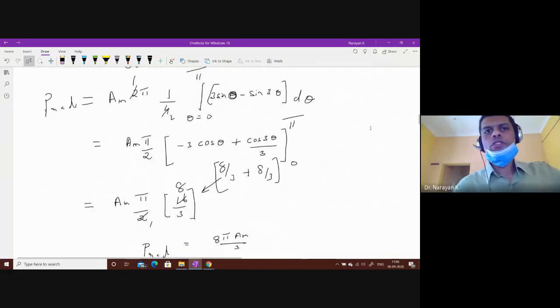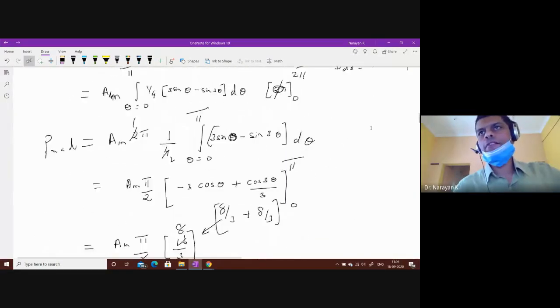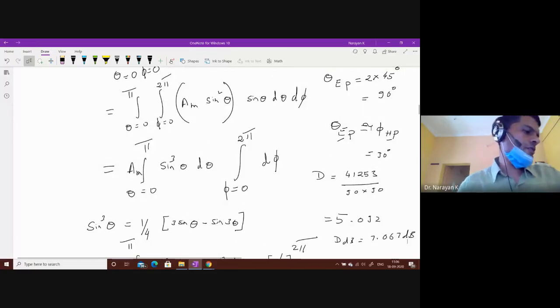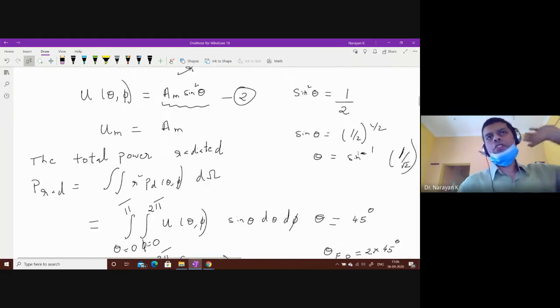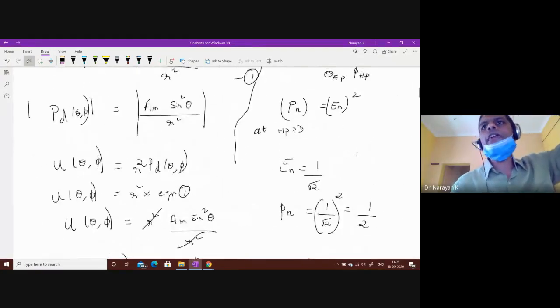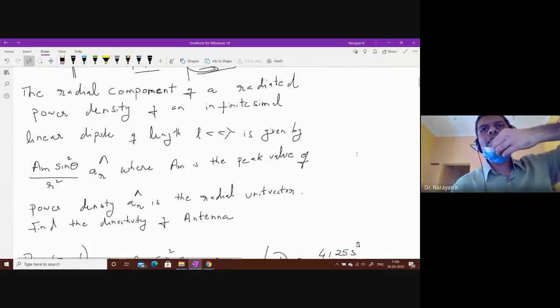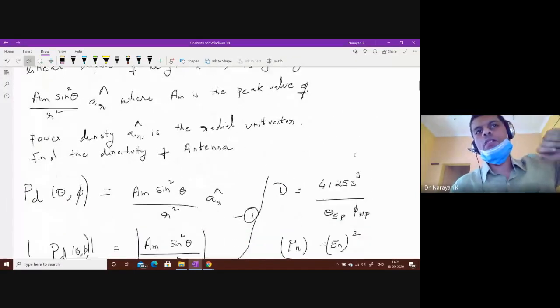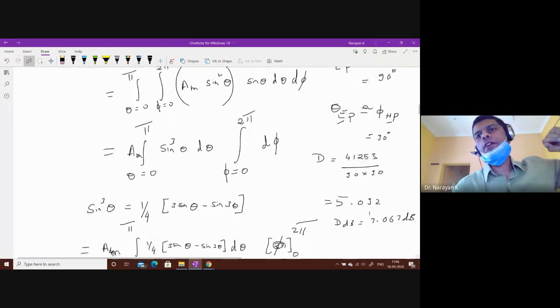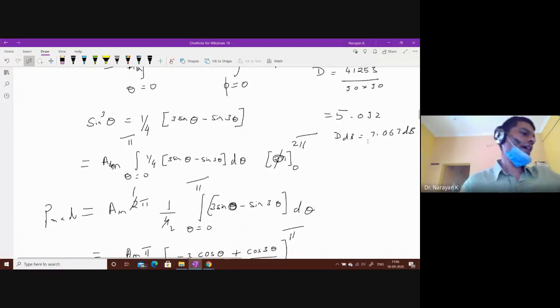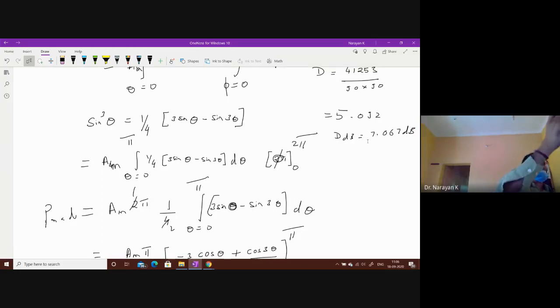Got it? So using the exact method, how much you got? 1.76. Here you are getting 7.06. There's a huge difference. So no need to worry if you do using approximate method. Your approximate method is only valid for narrow beam width, less than or equal to 20 degree. I think here beam width is too high. So if you are doing it through approximate method, your directivity difference will be too high. Anyway, this was asked once in the VQ question to compare both the directivities. So that is what I have compared.